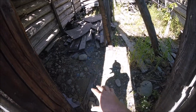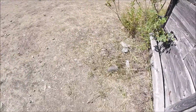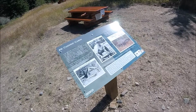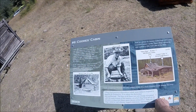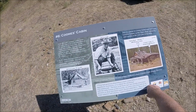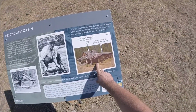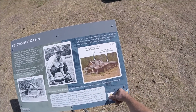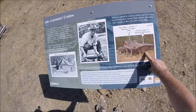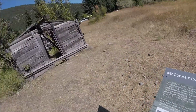Yeah, they jacked it up to keep it somewhat stable looking. They were all over the place years ago. Coombs cabin. So the guy in 1954 even up here. In 1973. See, I'm not sure if that's the cabin here or